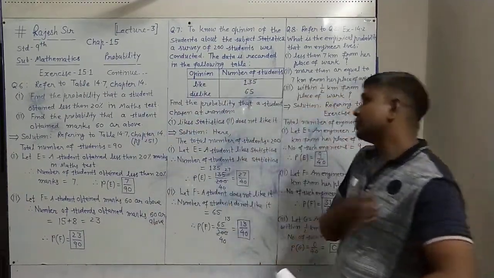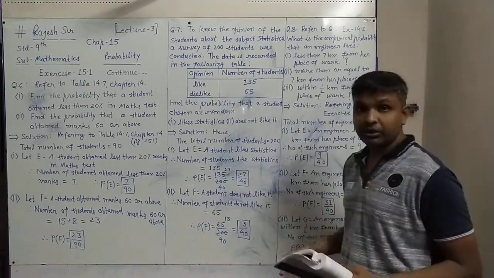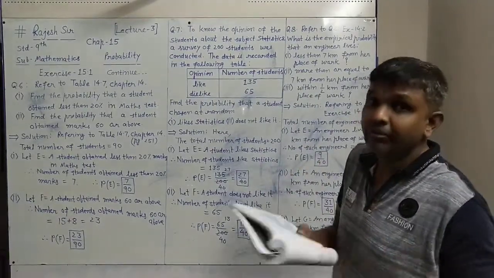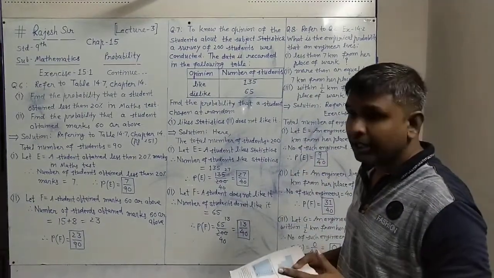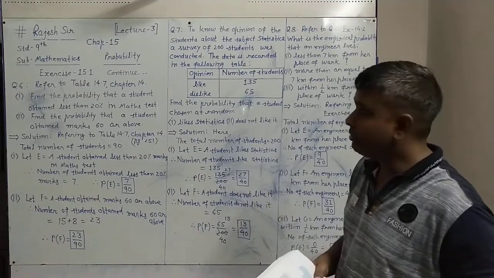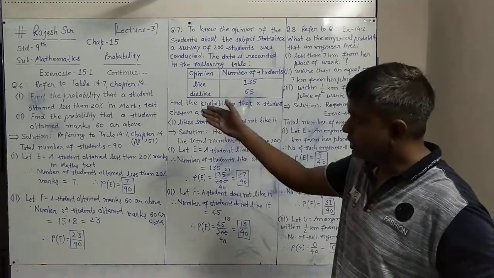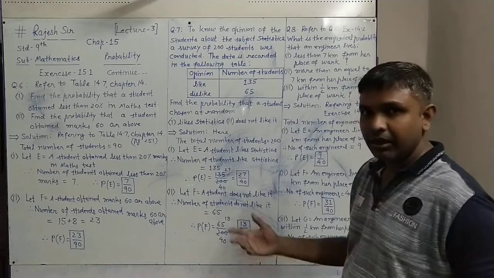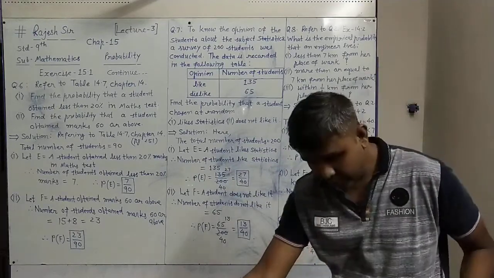So this type of question, in which you are given the question but you have to refer to a table from somewhere else, we have to see that table where it is indicated, and very easily we can give the answer. Next question we have